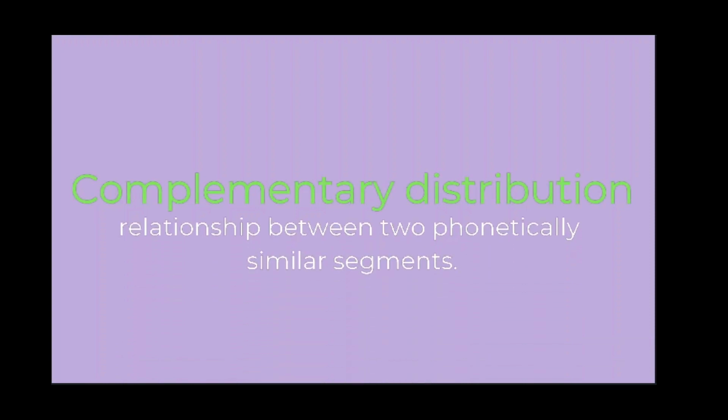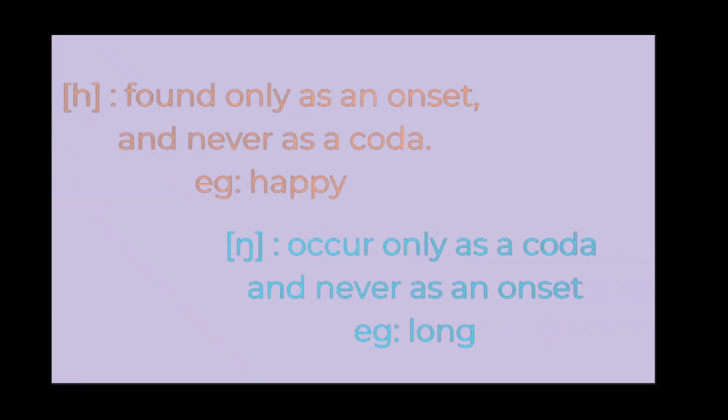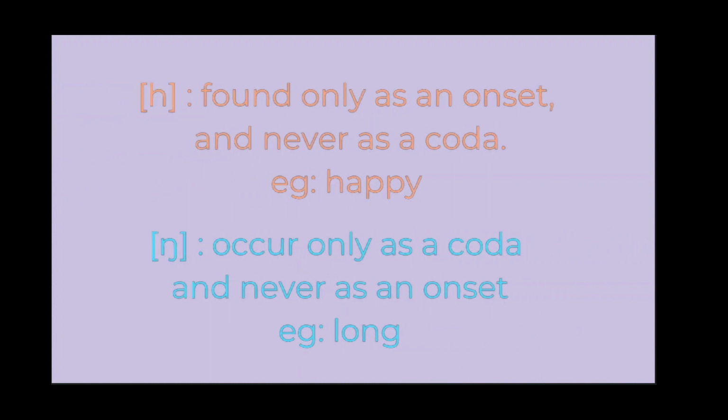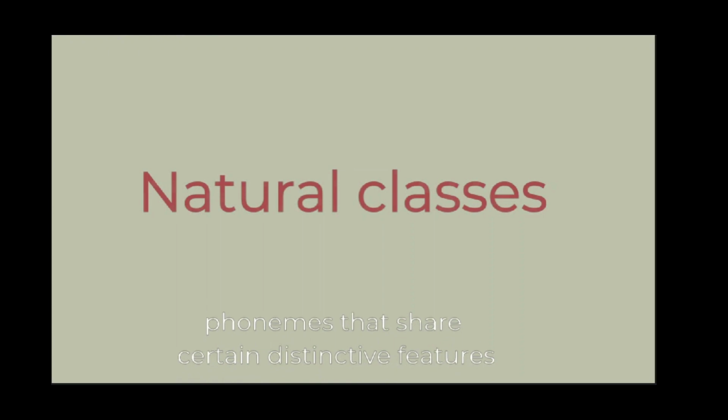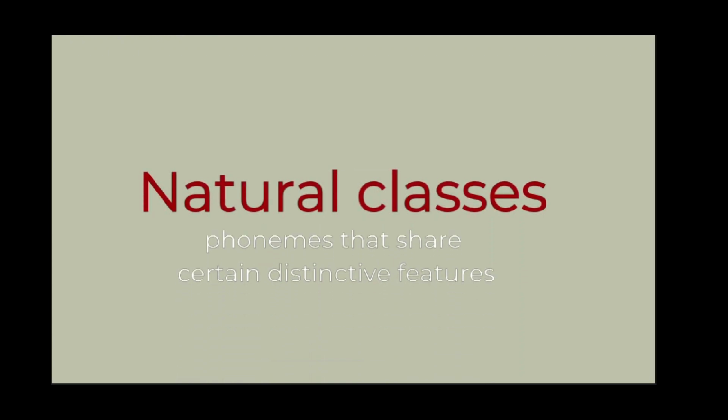point of articulation. Complementary distribution is the mutually exclusive relationship between two phonetically similar segments. It exists when one segment occurs in an environment where the other segment never occurs. As H is found only as an onset and never as a coda, for example, happy. While the sound ng occurs only as a coda and never as an onset, for example, long. Natural classes are similar sounds that are grouped together according to a binary system because they share